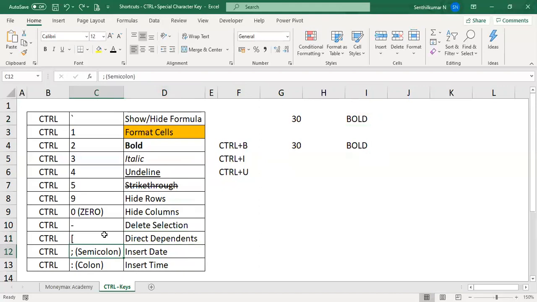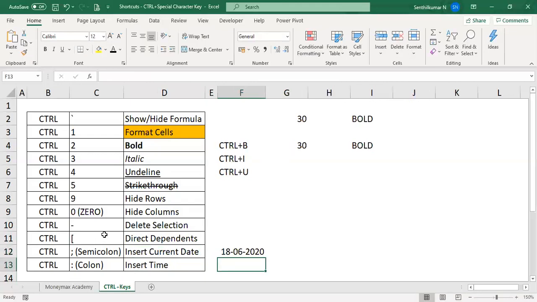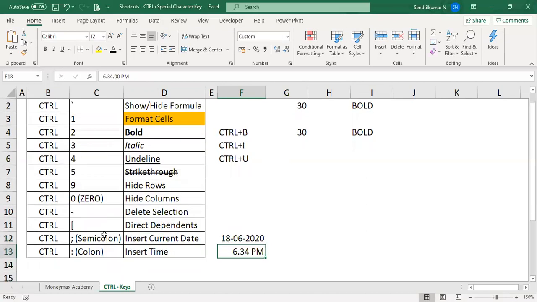Now, if you want to insert the date, Control colon. If you want to insert the current date, you can use the option Control colon. If you want to insert the time, Control semicolon, here Control colon. We cannot give Control colon directly, so we have to type Control Shift colon.